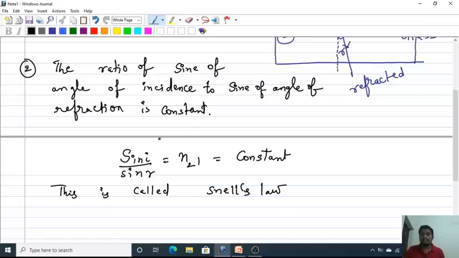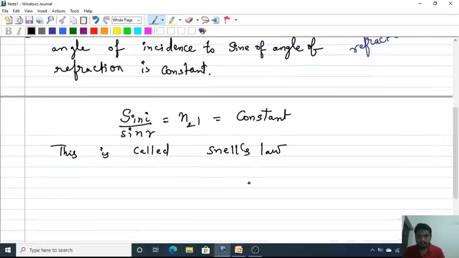Okay. He studied the relation between the angle of incidence and the angle of refraction when light is traveling from one medium to another medium. He found that whatever the angle of incidence, the ratio of the sine of the angle of incidence to the sine of the angle of refraction is constant, and this constant is called the refractive index,